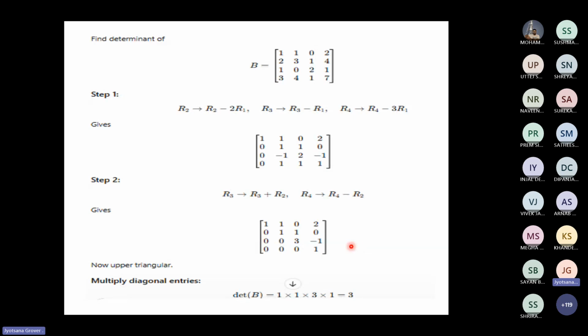Okay, now find what is the determinant. What is the determinant? It's just the product of diagonal entries. 1 into 1 into 3 into 1. So this is your